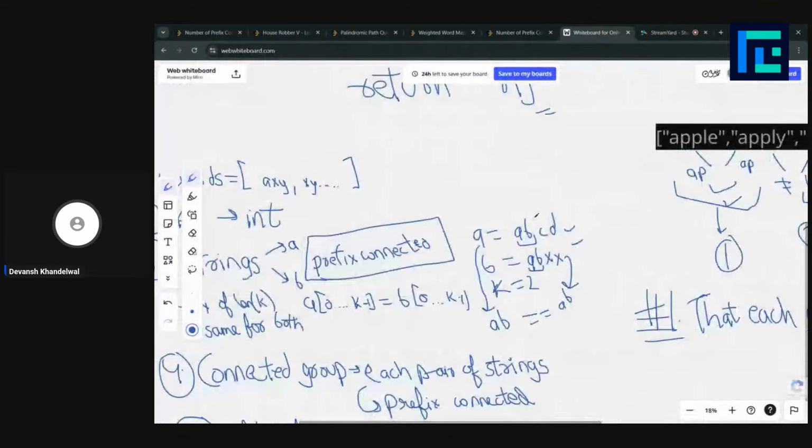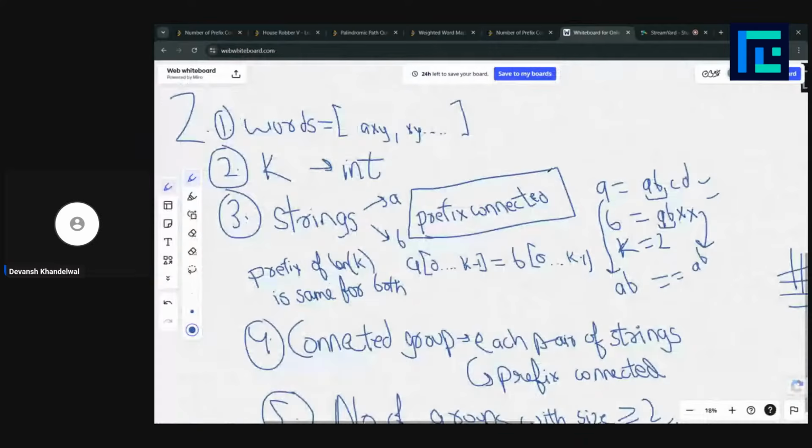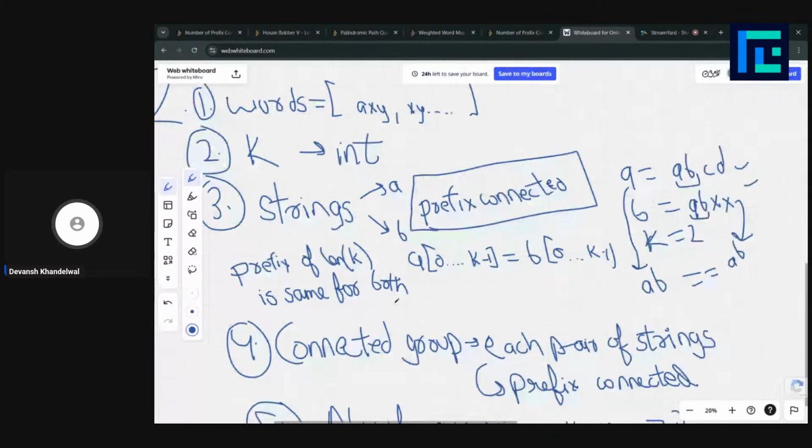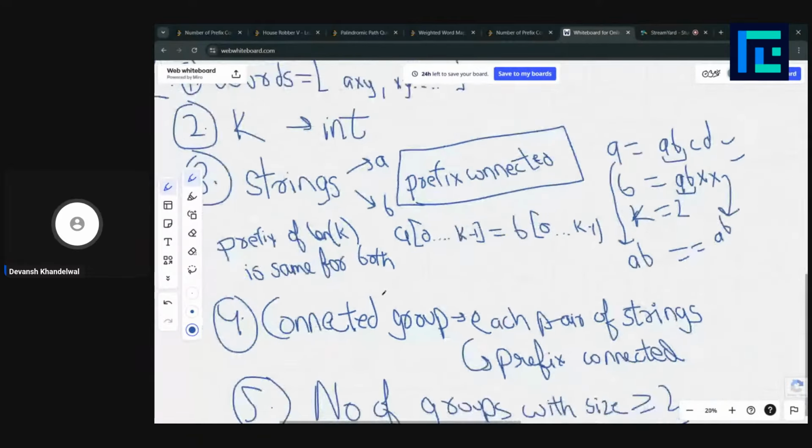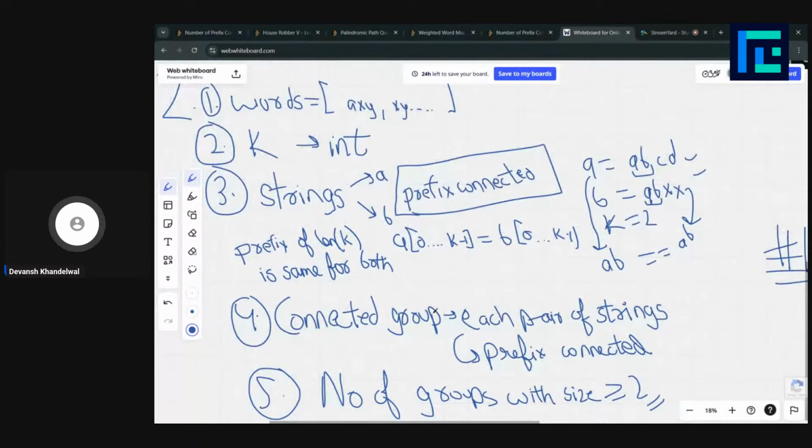First, we are given an array of strings and an integer k. Then we are given the definition of prefix connected: the prefix of length k is the same for both strings. And then we are given a connected group. A connected group is a group where each pair of strings is prefix connected.